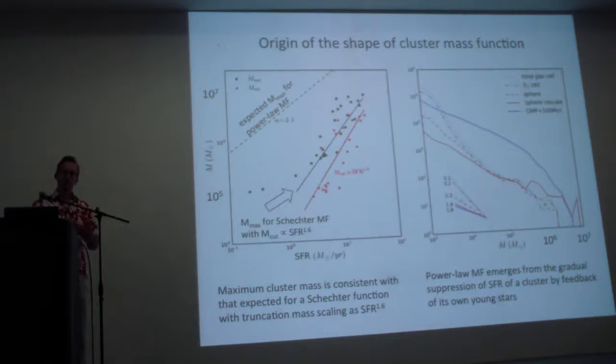But where does the power law come from? So what is so magical about this number of 2? It turns out that it's very different from the PDF of gas cells, which is shown by the line here. It is different from the PDF of molecular gas. In the simulations, we trace the chemistry of molecular formation. We can see what is the mass of actual molecular clouds, not just the dense gas cloud. That mass function is also very different.